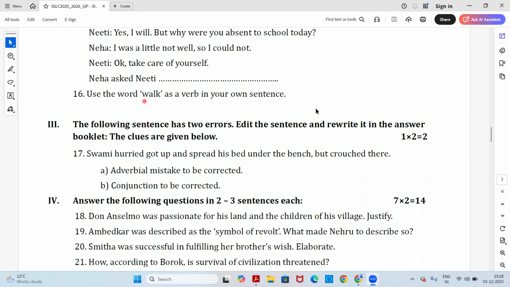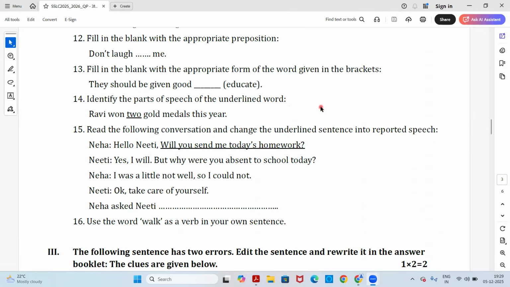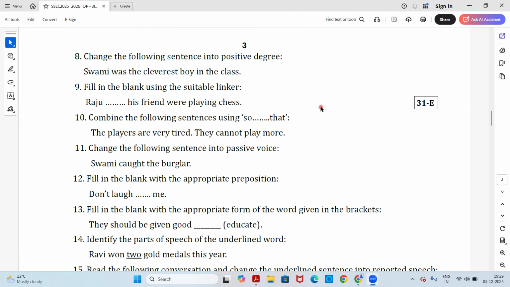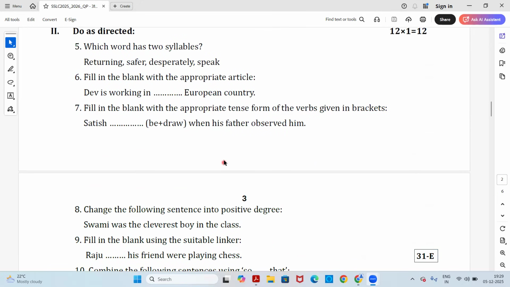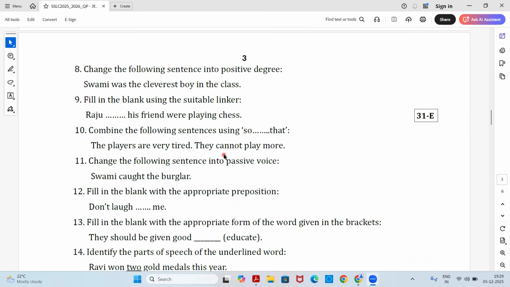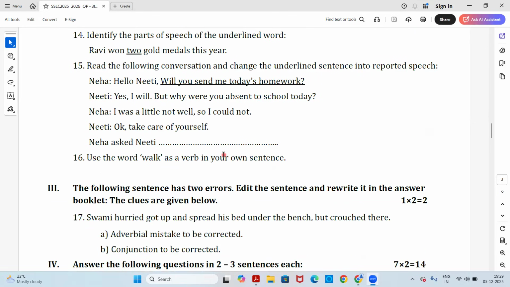So these are the 14 questions of the grammar, 12 questions of this main, which is asked, and each of the grammar topics is very important. You need to revise it, you need to solve this paper, and if you want the solved question paper of